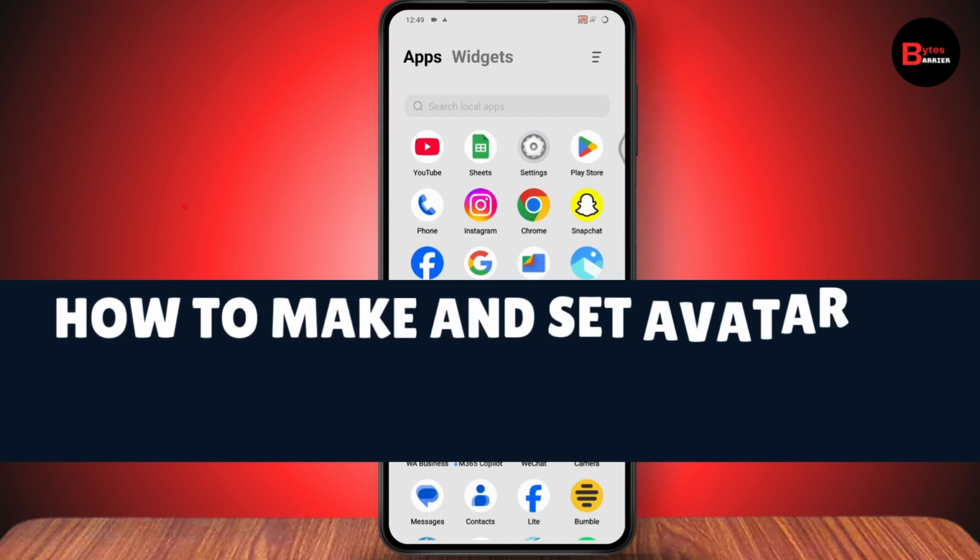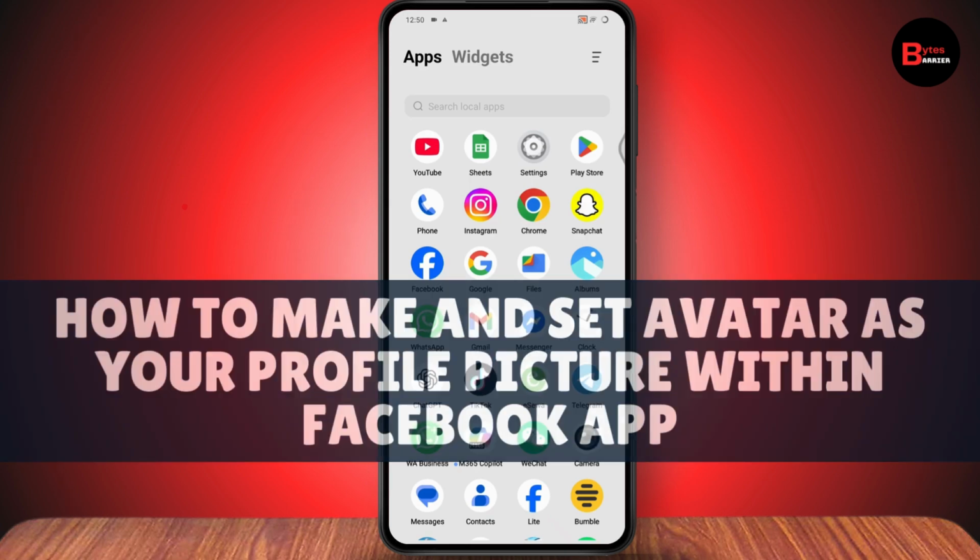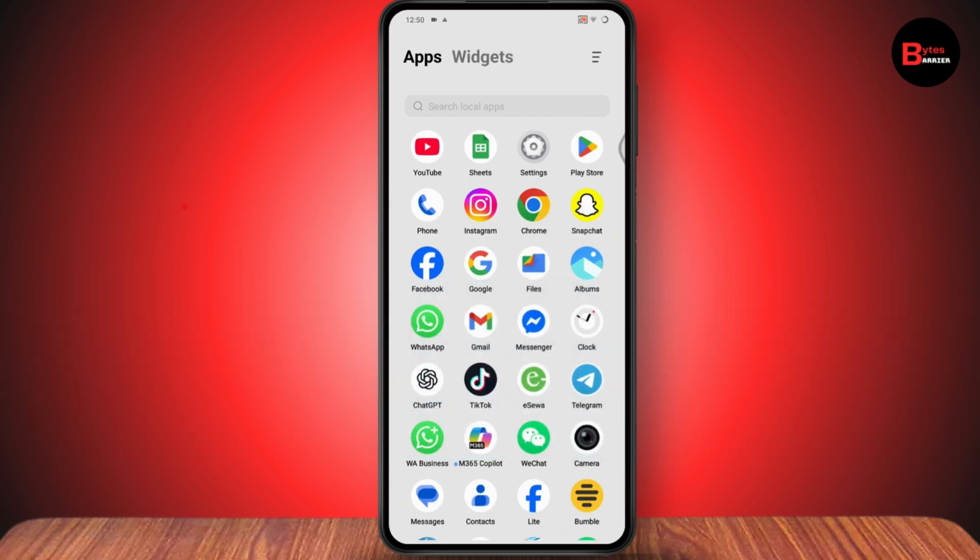How to make and set avatar as your profile picture within Facebook app. So if you want to make and set avatar as your Facebook profile within Facebook app, then what you need